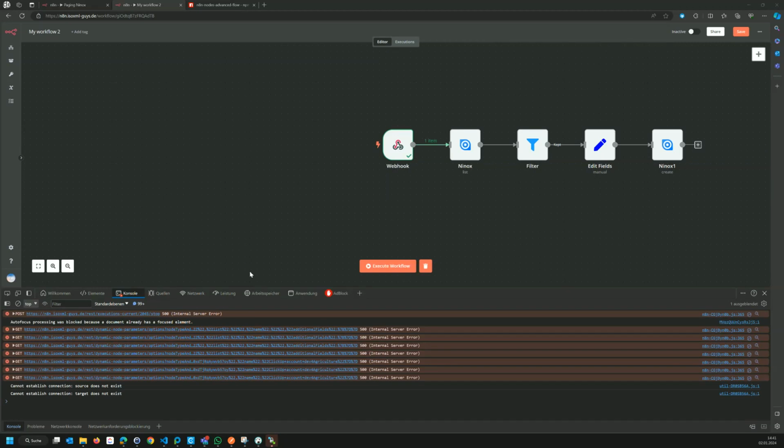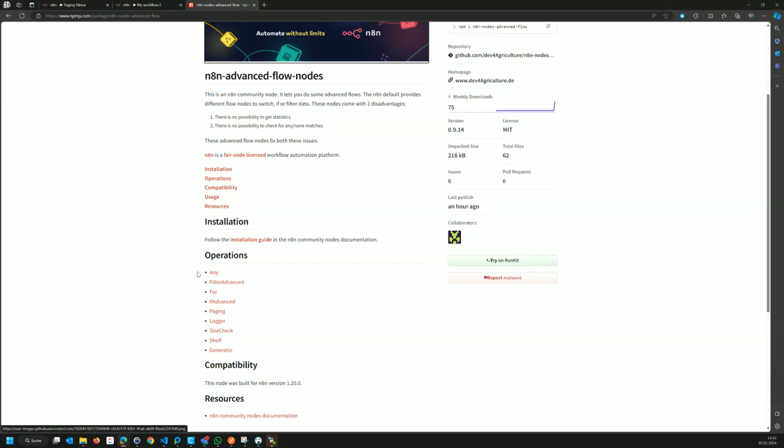All right, hello everyone. In this video I just want to show you my new advanced flow blocks for the n8n low-code tool, software, however you want to call it. In this video I want to show you how it all started, why I decided to create such advanced flow nodes, and then I will create one video for single nodes that I created. In total, I've created, I think 9